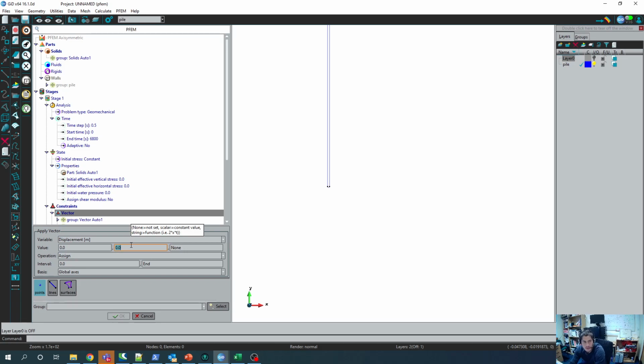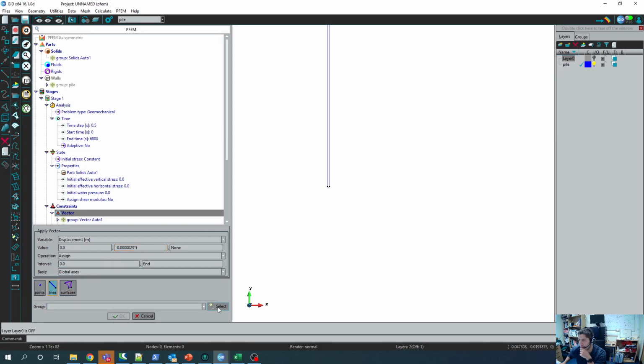It's a function, so it's minus 0.00000 9 times t, five zeros. This is just the velocity that was assigned, and it's vertical on